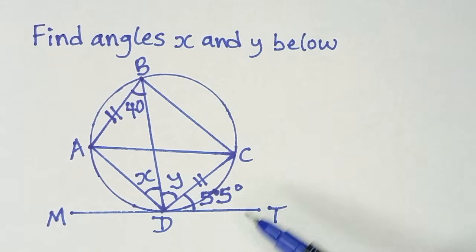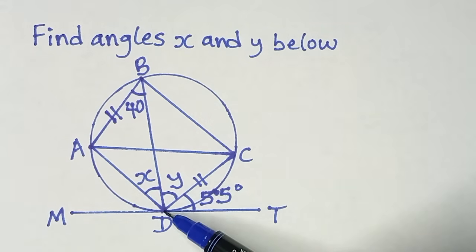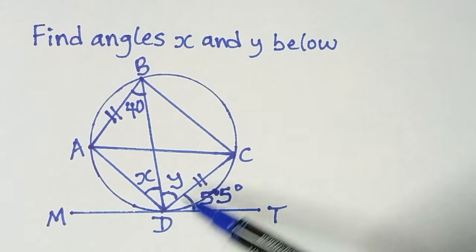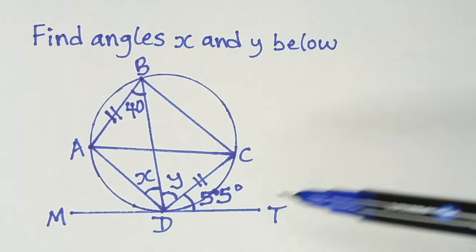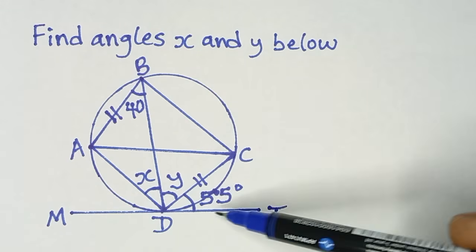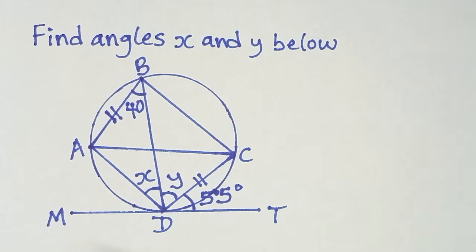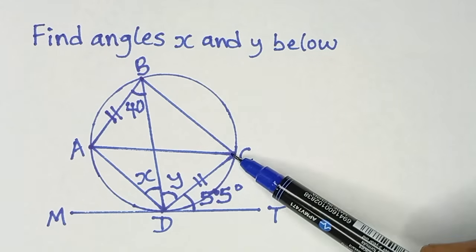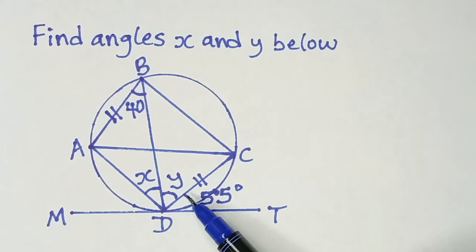equal. Anytime you have a chord, look at this chord DC. Chord DC is making this angle 55 degrees with the tangent MDT. Don't forget, this line is a tangent. So this chord DC is making 55 degrees, which is this angle now, with the line MDT, which is a